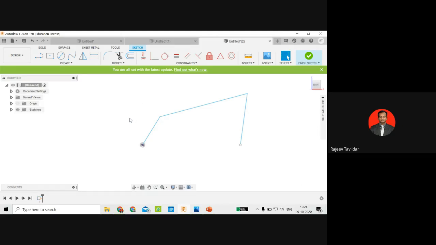Now, can you tell me what will be the extreme right position of the rocker? Remember, this is the rocker here. Crank, I'm going to represent it as R2. Connecting rod, I'm going to represent it as R3. This is the rocker. So when will the rocker come towards the extreme left position? Obviously, whenever R2 and R3 become a straight line. When I rotate it like this, they become a straight line. That is when you are going to get the extreme left position. Let me draw that extreme left position here.